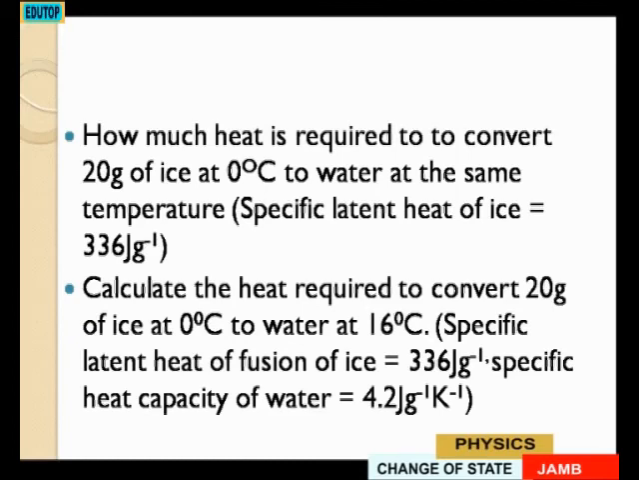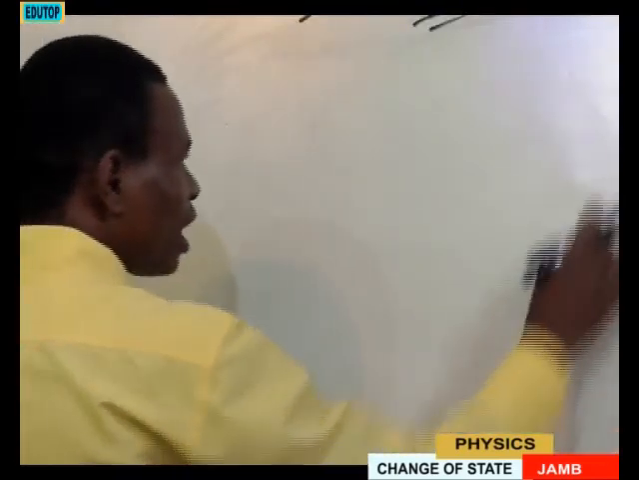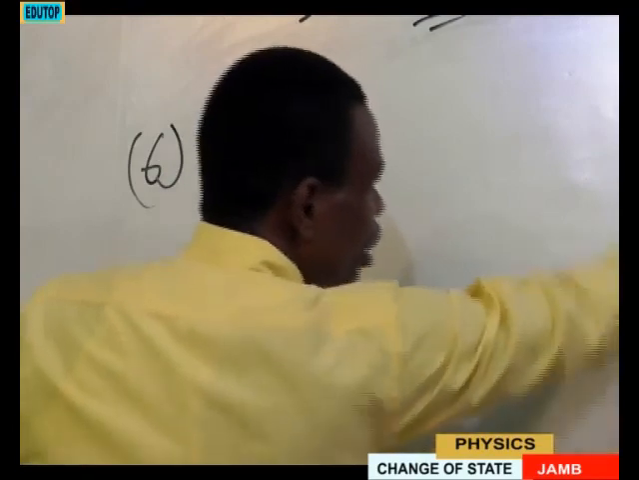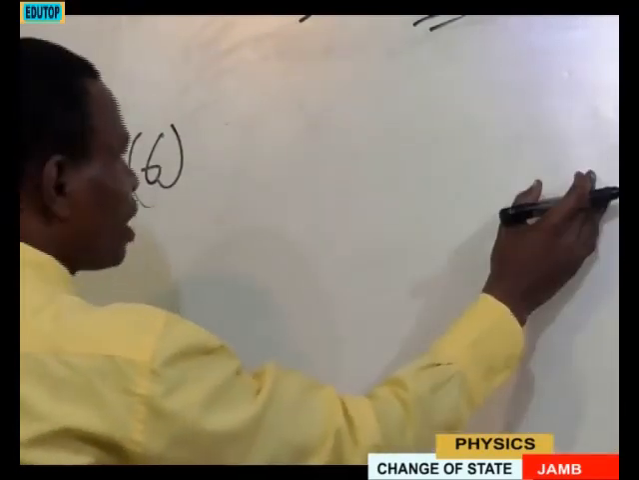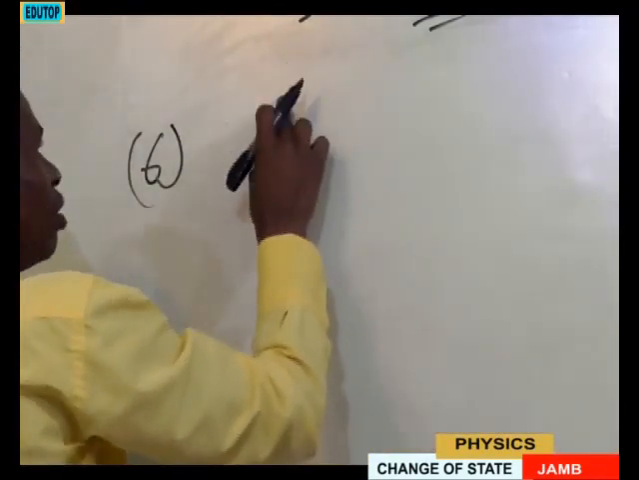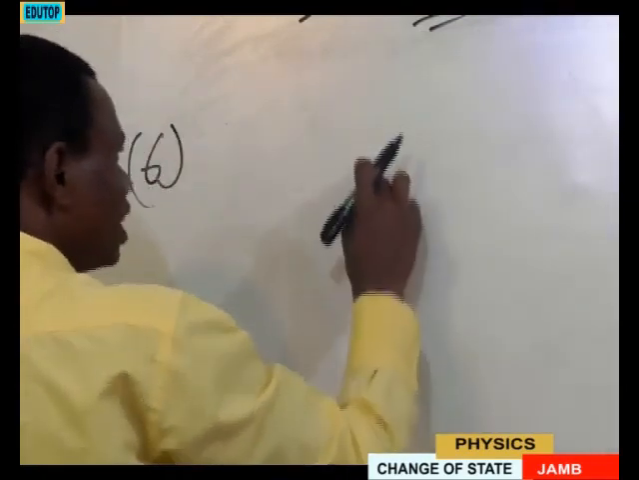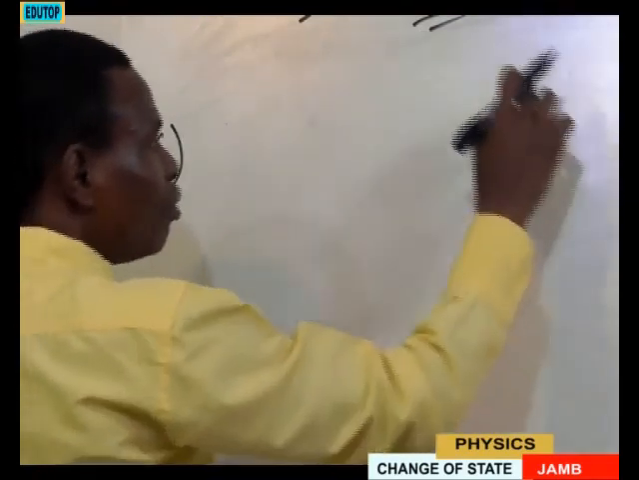Let's look at question number 6. Calculate the heat required to convert 20 grams of ice at 0 degrees Celsius to water at 60 degrees Celsius. As I explained earlier with the diagram, we have ice, we have water, then the change in temperature. From ice to water, it is still at 0 degrees Celsius. That is ML. Then from 0 degrees Celsius,